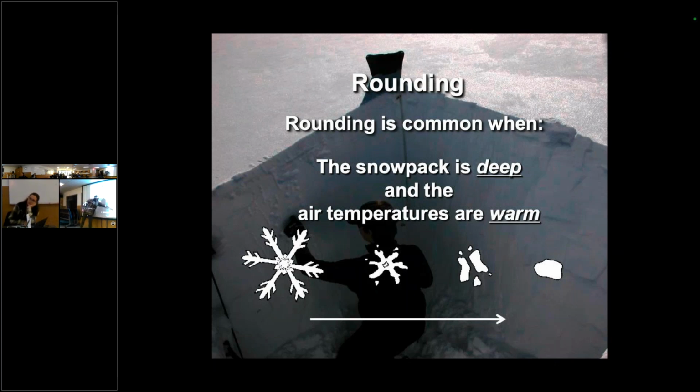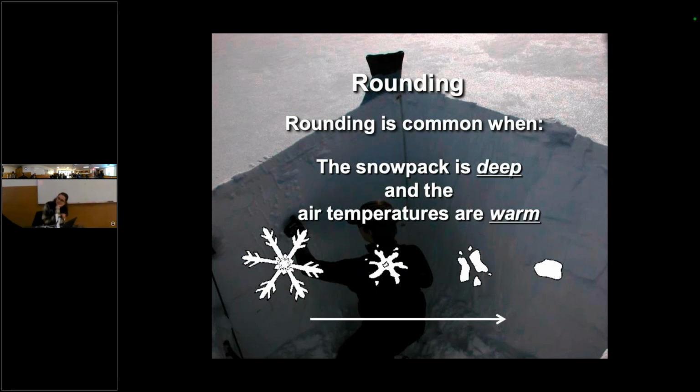You've got to make sure you don't confuse a round with a facet. Facets are going to have faces. Typical idea of facets is like surface hoar. You guys have all seen that, and you can see how shiny it is. Those are the faces of the snow crystals reflecting the light.